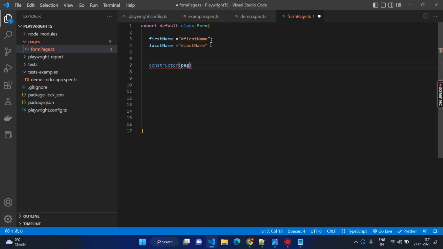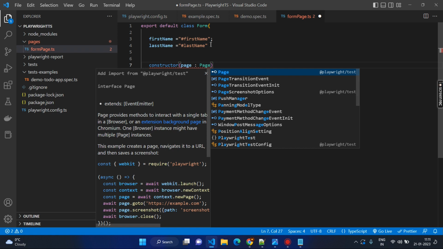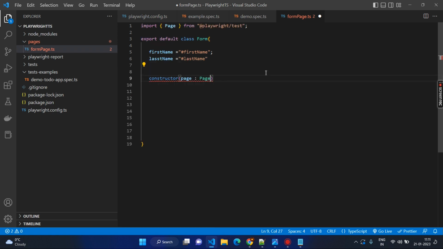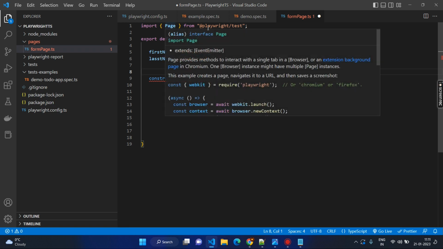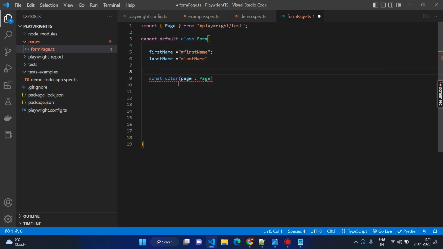So for that we'll get this page, and here it's the type of page. Now here you can see it is the type of Playwright test, and automatically it will import the page. This is from the Playwright. But you might wonder, this page is there but it does not have any reference in this class. So for that what we can do is like the first one,